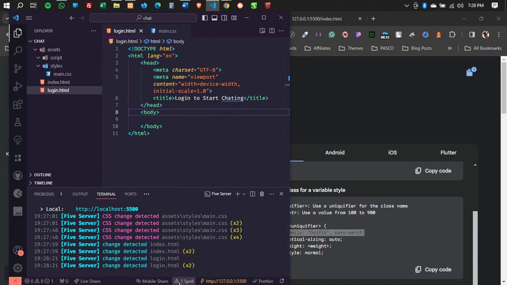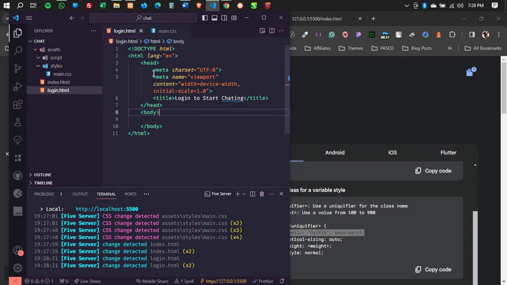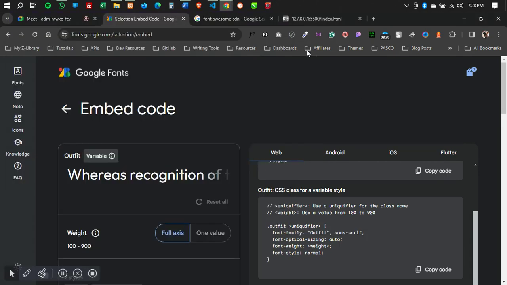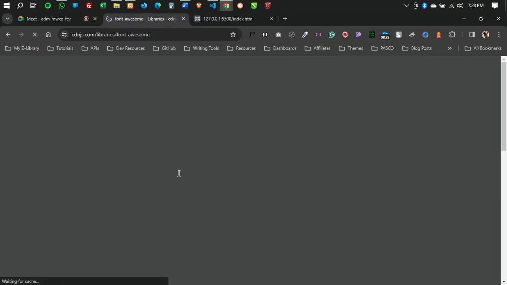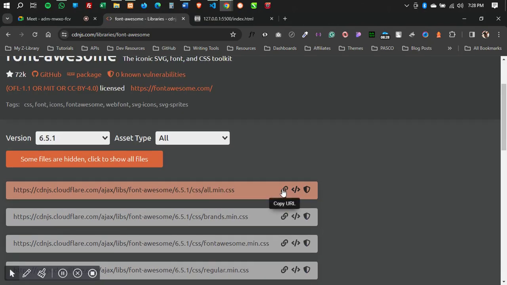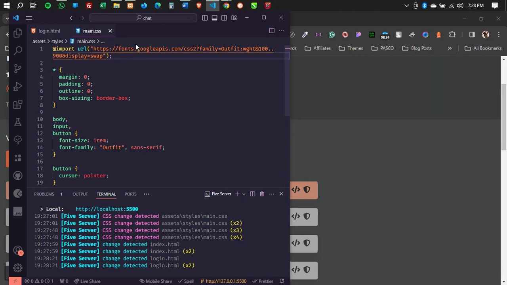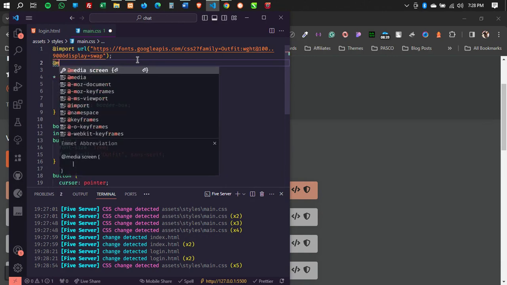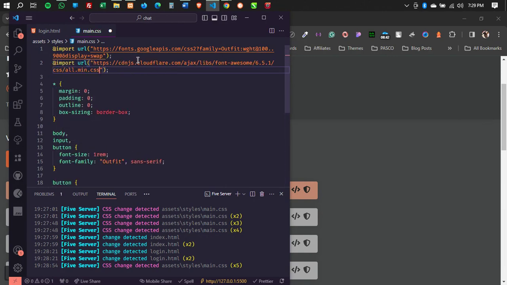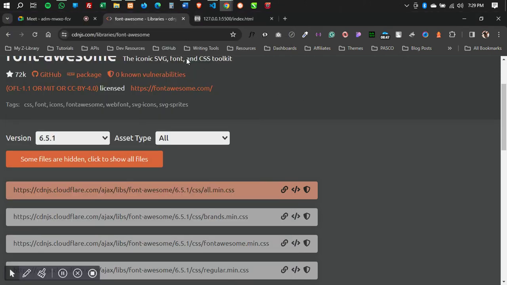I have a spell check plugin which I think it's getting things wrong for me over here. Let me just ignore that, close the file tree, and then come back here and close this because I've got you already. Then go back and pick the font out from CDN from CDN.js, and then I'll copy the URL, and then come back here and I'm importing that as well. Oh, sorry, I've only copied the link, so let me call my media query at import. Then I'll put this over here, close this terminal. Then I will now come back here, close this, and then